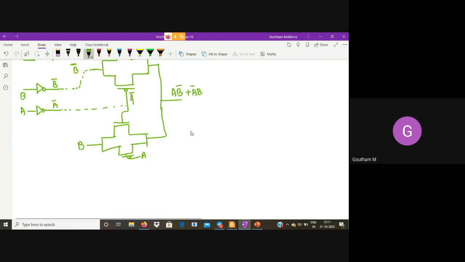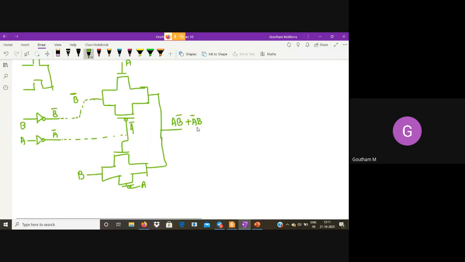Now I'll put one more inverter here. So this is nothing but A XOR B, and here I'll be getting A XOR B whole complement.